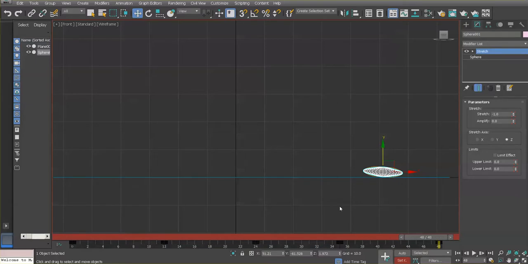We have set our initial bounce and rotation. So when we come back, we're going to tweak the movement a little bit more, and we're going to create a final